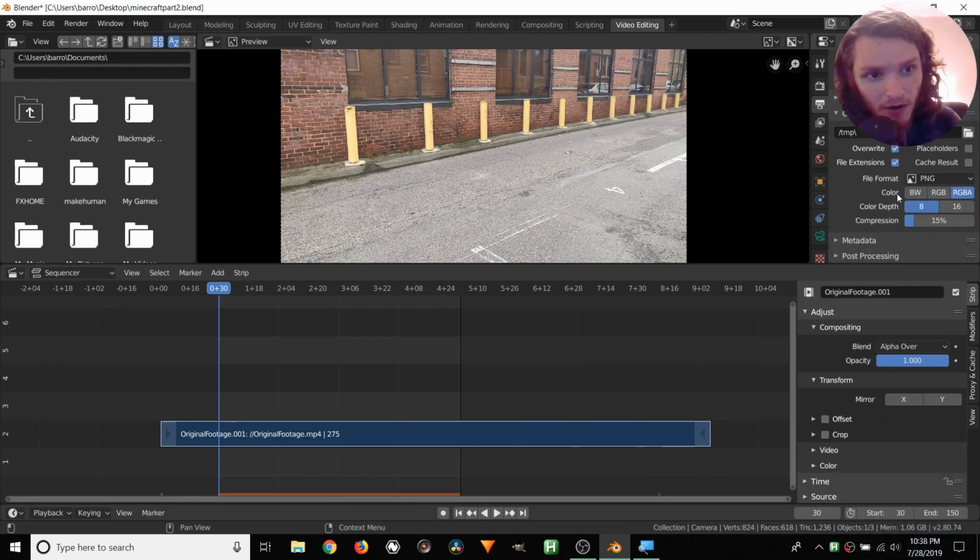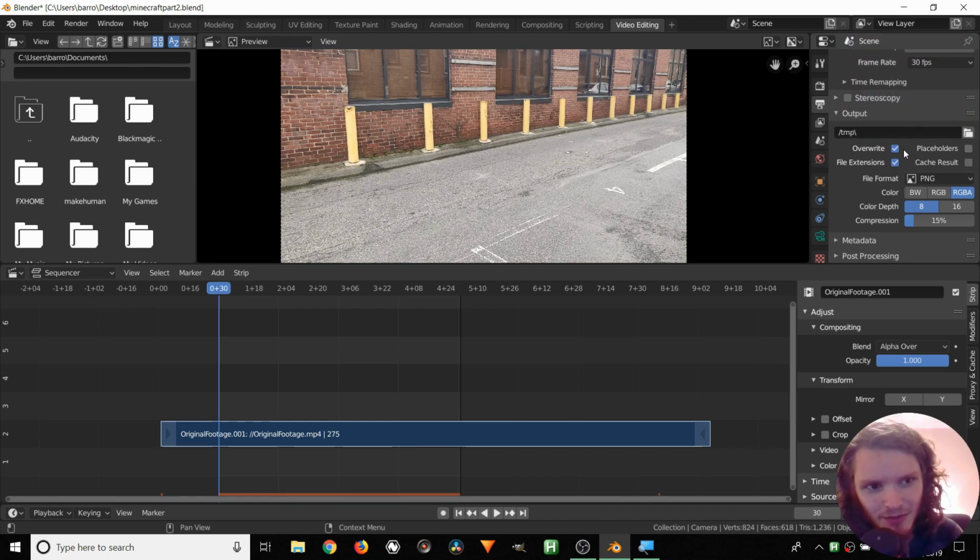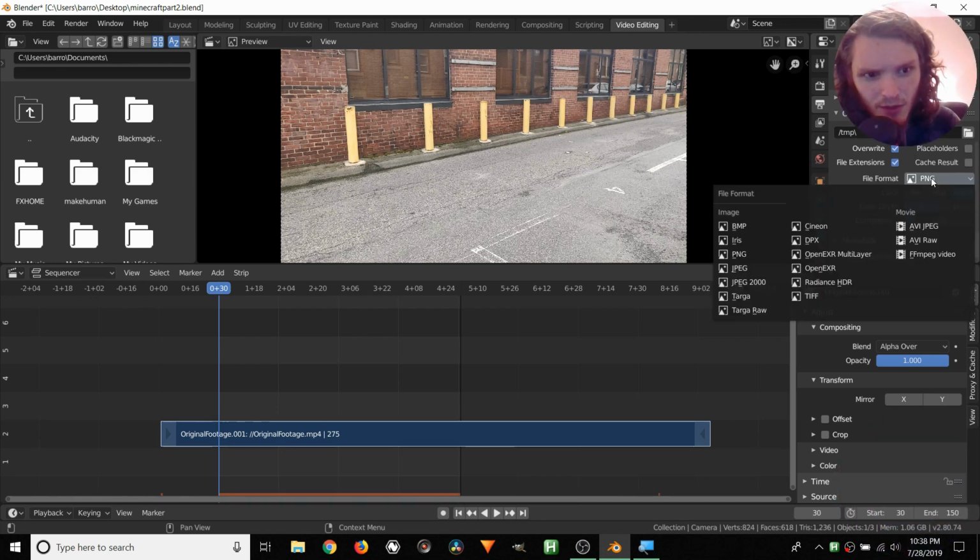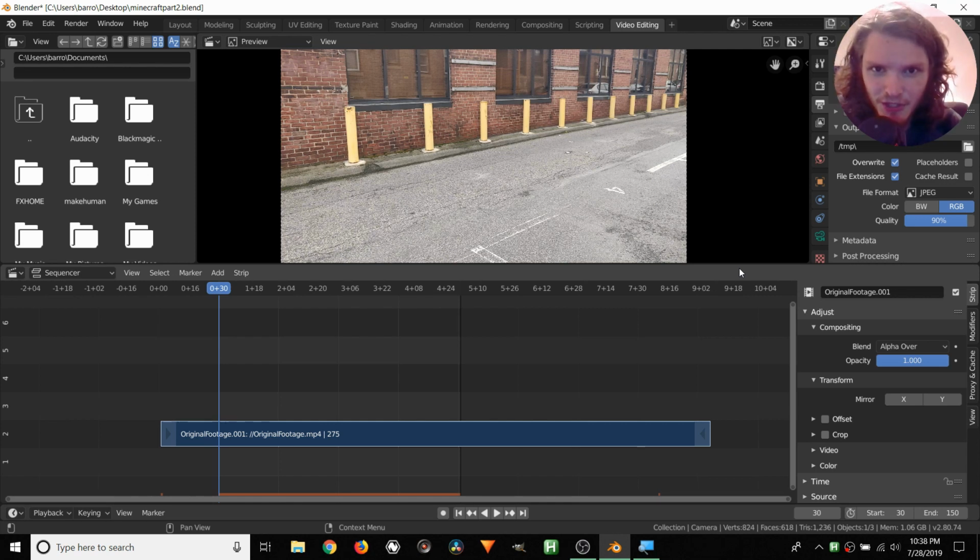And here are our output or export settings, is what I like to call them. You can do whatever you want. I like PNG sequence, although JPEG does take up less space. I'm going to use JPEG actually. Basically, when you're doing this, you want to use the most lossless format, with the least amount of compression. JPEG is not good for this, but this is a tutorial. I'm not going to be too strict. Honestly, you could probably get away with JPEG, but I didn't tell you that, okay? You should be using like EXR or PNG or something.